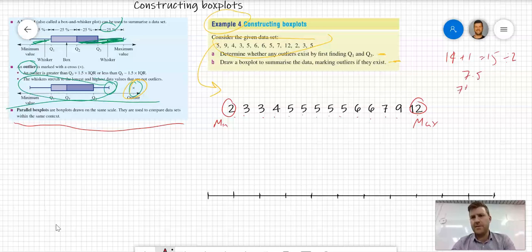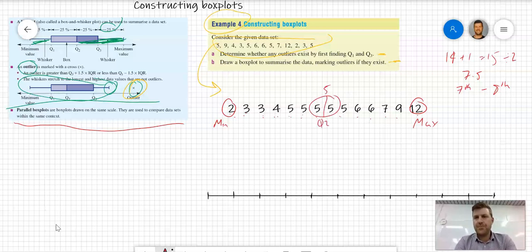So it's the average of the 7th and 8th value which is my middle value, or my median. Let's find the 7th and 8th number. 1, 2, 3, 4, 5, 6, 7, and 8. Those 2 numbers are my middle values. I've got to work out the average of those 2. 5 plus 5 divided by 2 is still 5. So my Q2